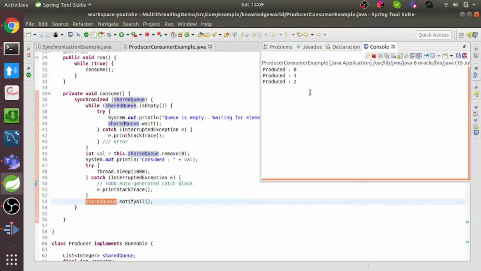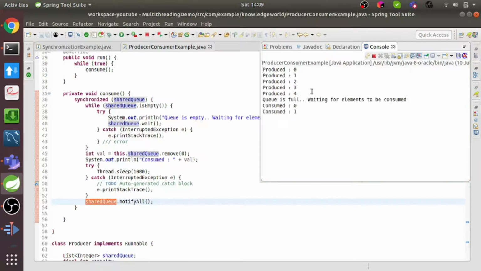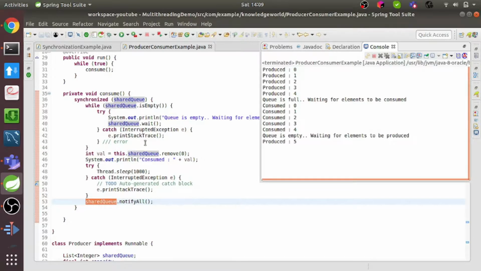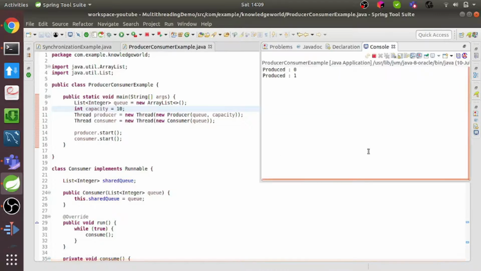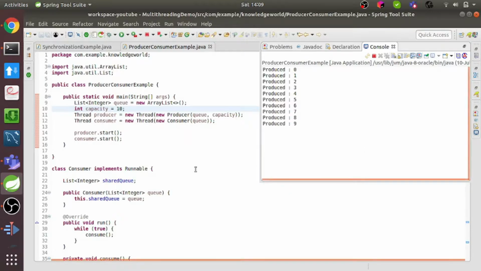So you might see that they are coming the same now. I have run it 2 times, but if you run it on your machine, you will find the output is different, right? So let's try to change this size and see whether the output changes or not. But it totally depends on what machine you are running and how the CPU is doing scheduling.